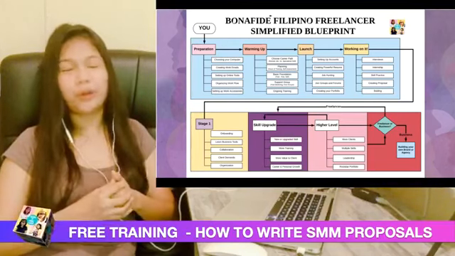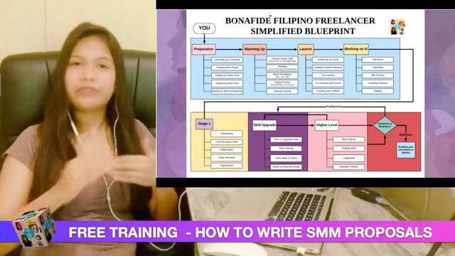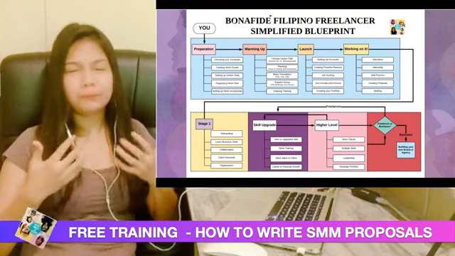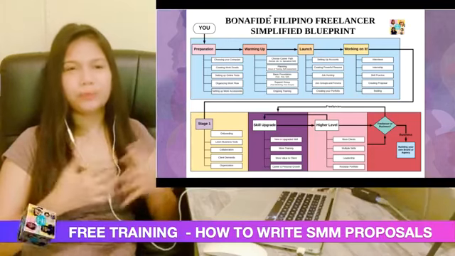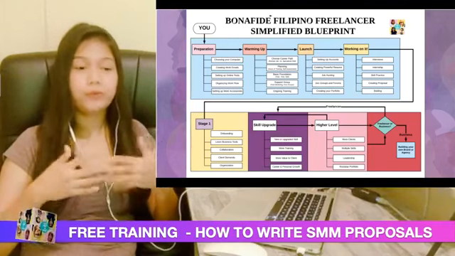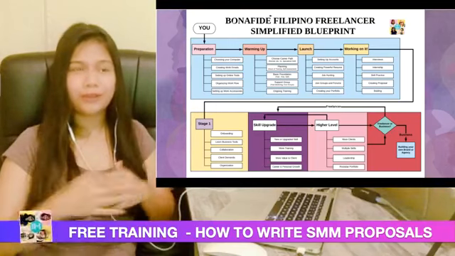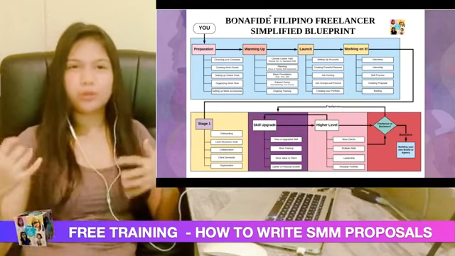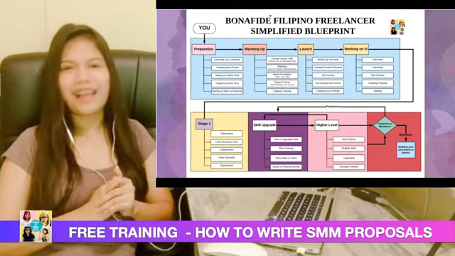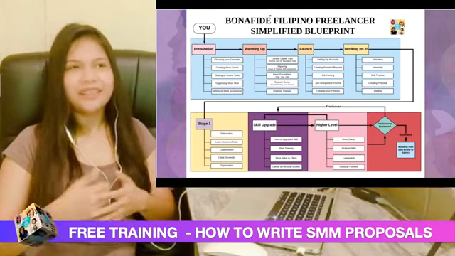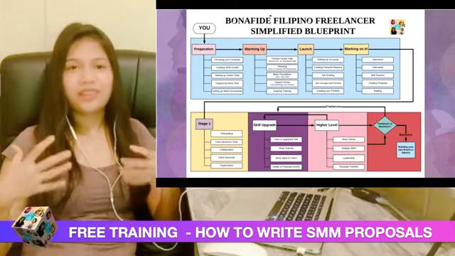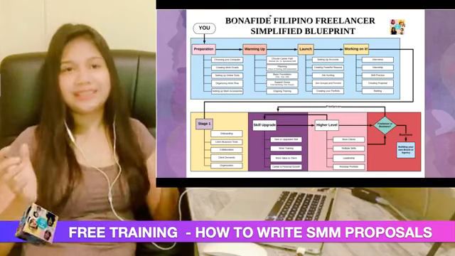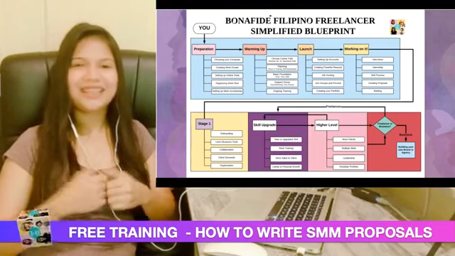It's like a monster guide. I am a lifetime notebook ng mga freelancer kasi i-update ko siya. Although I'm super busy ako past few months, lalo na nung nagkasakit ako. But yes, we will be updating this BFF blueprint with all the tools, lahat ng mga freebies, yung mga free tutorials na ginagamit ko or mga ina-access ko, I'll share it. Literally, I'll share everything that I know dito sa BFF blueprint na to. So, you guys can get that, ask nyo lang sa ating mga administrators.